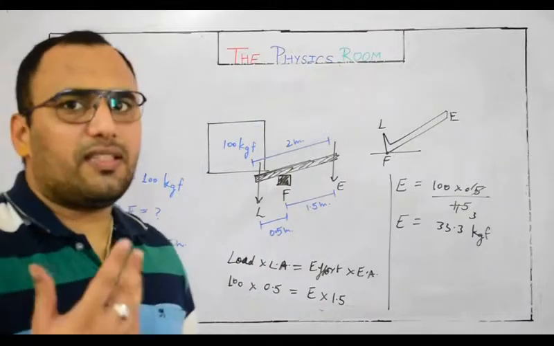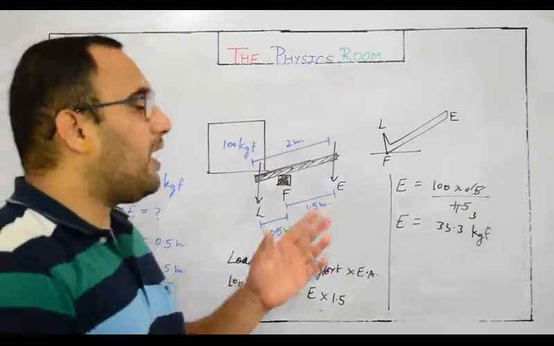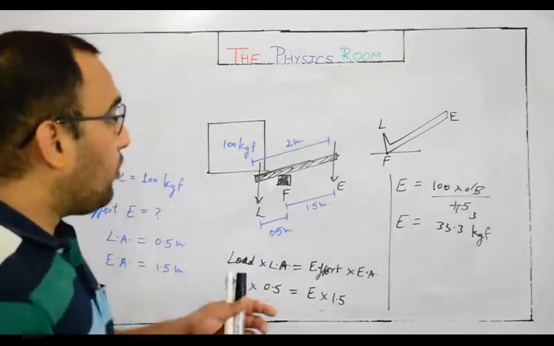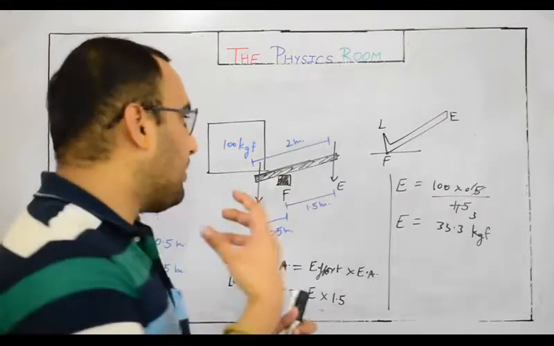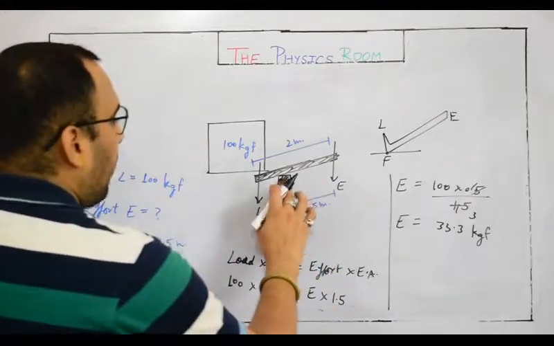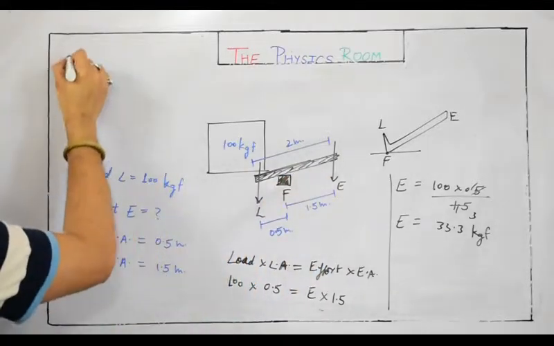Means just by placing 33 kg of weight or mass we can lift this up. Means we are requiring lesser effort as compared to the load. Now let's make it a little bit trickier. If we shift this fulcrum point closer to the effort, in this scenario you will see one